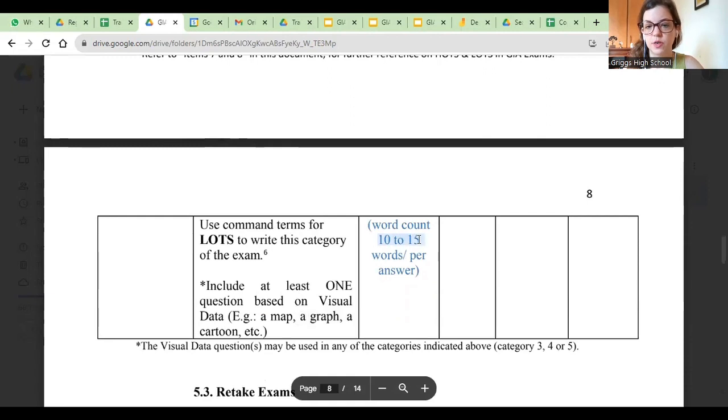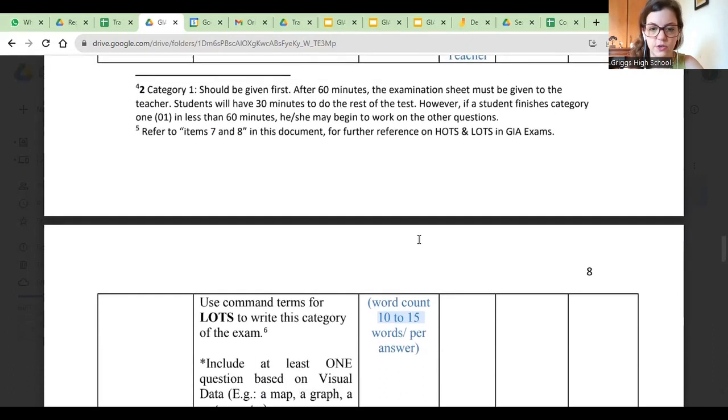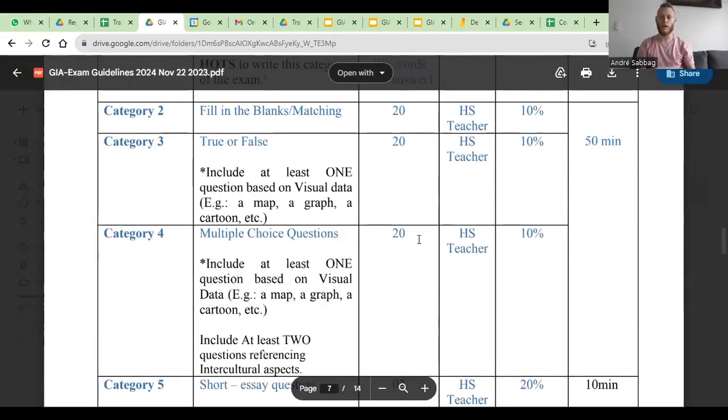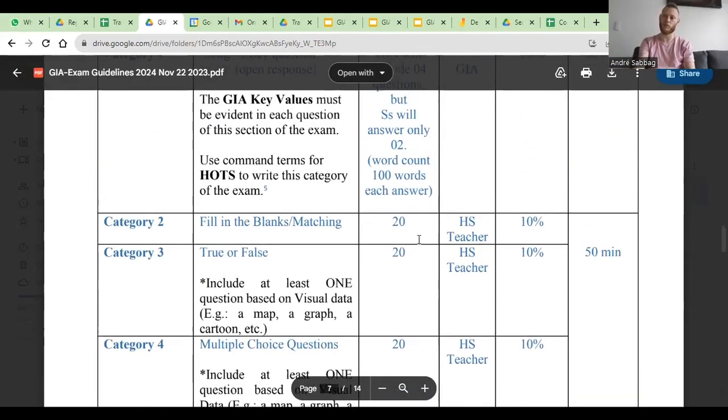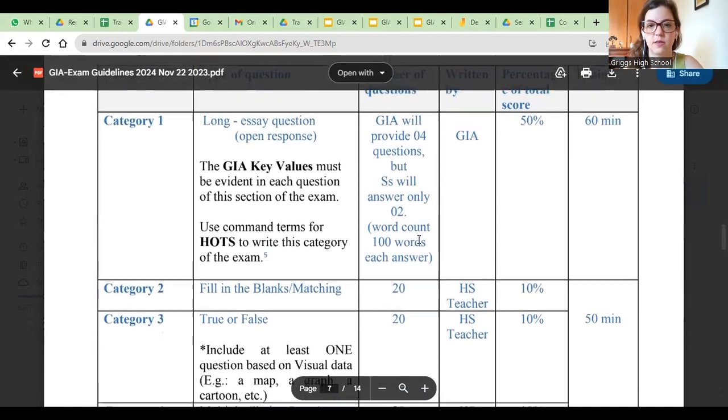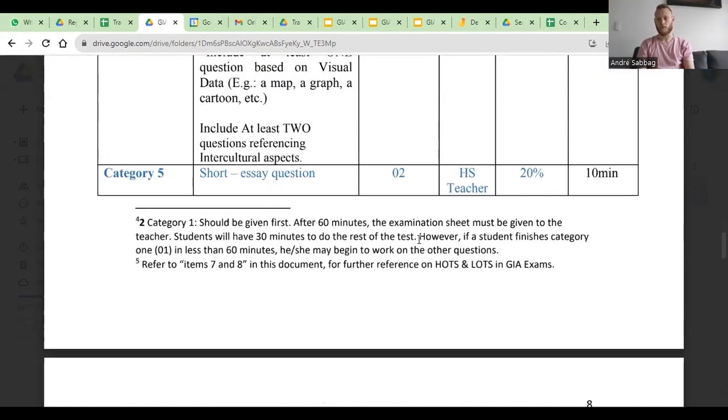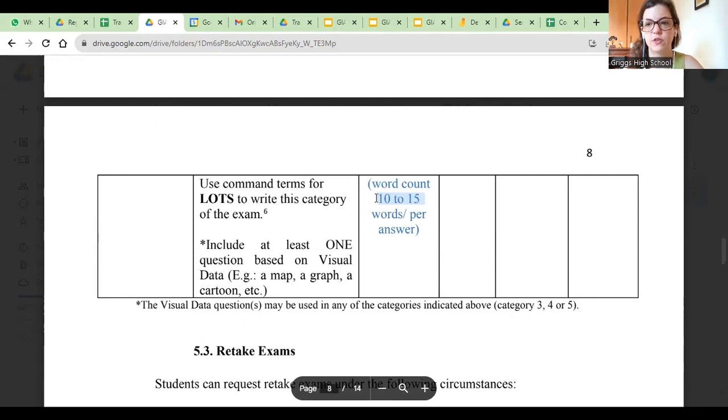It's 10 to 15 words. If they write 50, it's way too much. But if they write 17, 20, I guess you can consider. So if they go way beyond the word limit, like double it, triple it, then we should think about taking out some points, because then it's not fair. You have other students having to summarize and they miss information because they respect the limit, and then you have another student who includes more information because they went beyond.